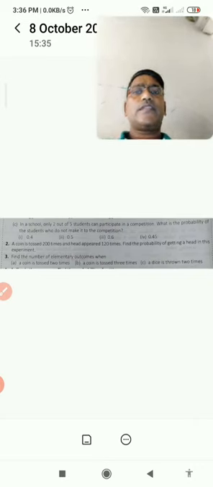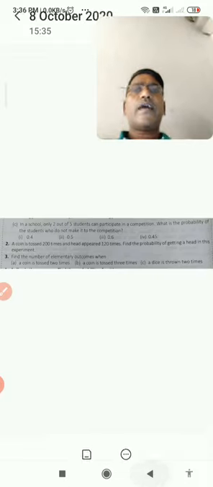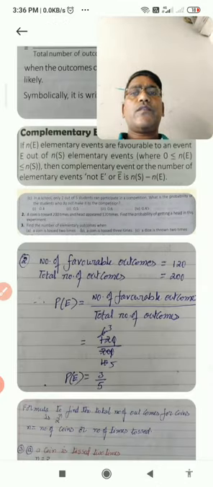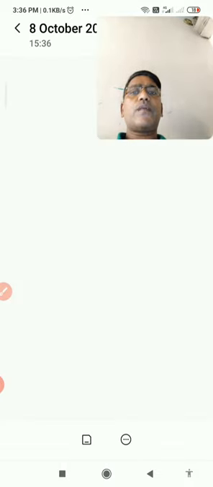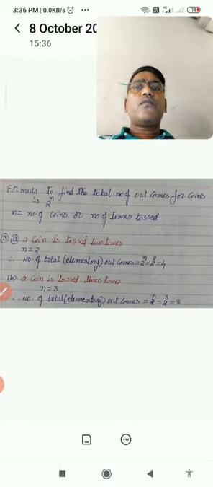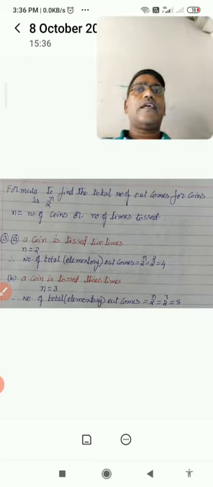Here 3 questions are there. A coin is tossed 2 times, a coin is tossed 3 times, and a dice is thrown 2 times. Here there is a particular formula I will show to you. According to the formula, question number 2 I explained to you, and for question number 3 I am giving the formula to you. You see, the formula to find the total number of outcomes for coins is 2 power n. 2 is the base, because 2 faces are there, so base 2.